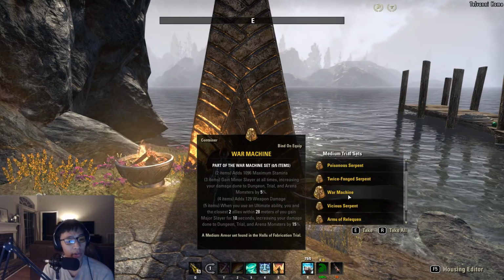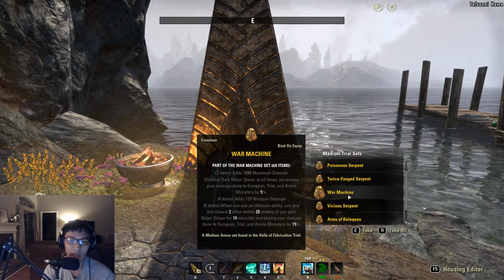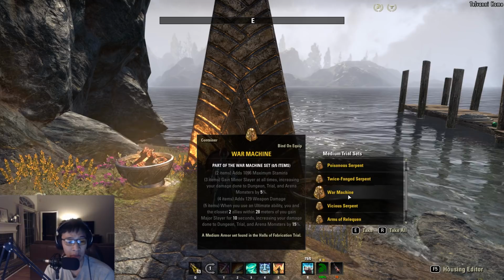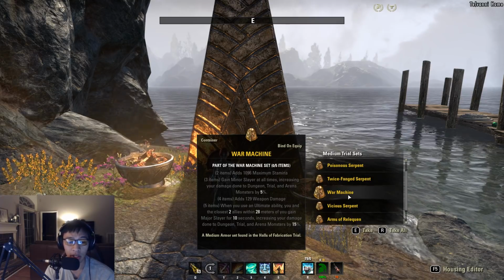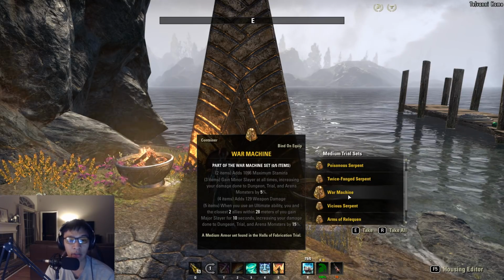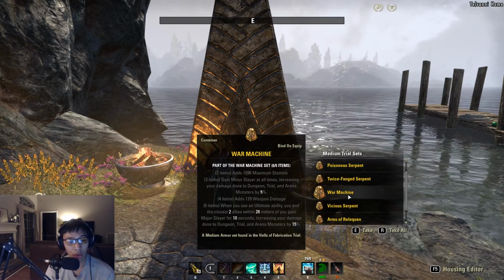So, Wardens do have a relatively cheap ultimate with Healing Thicket. That costs 90 ultimate, so pretty cheap. There are obviously cheaper ultimates in the game, so Nightblades with Incapacitating Strike or Soul Harvest. But you could potentially run War Machine here. So this comes from Halls of Fabrication, so you do have access to Vardenfell in order to farm for this set here. And if you are running trees, this will just help give out Major Slayer to you and to